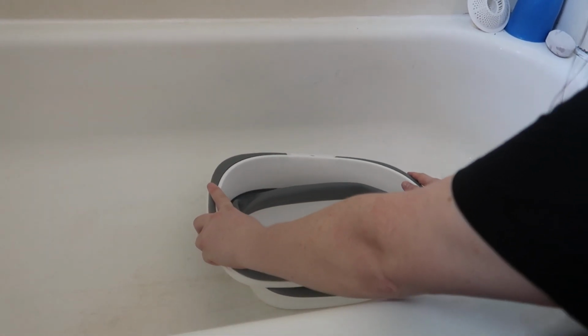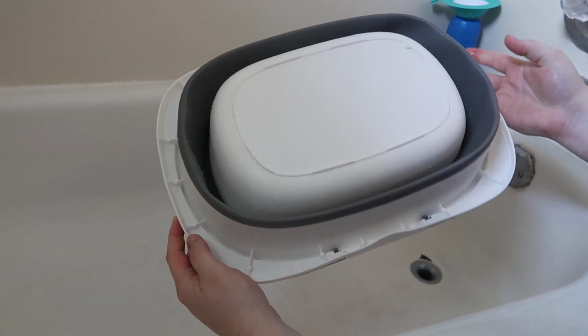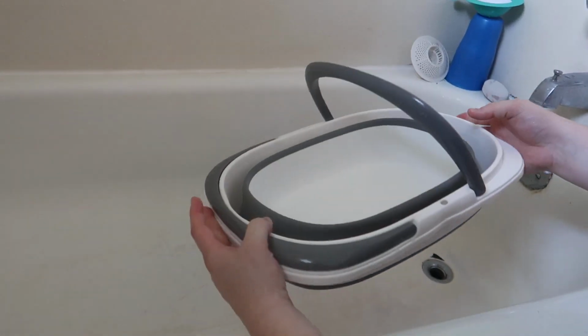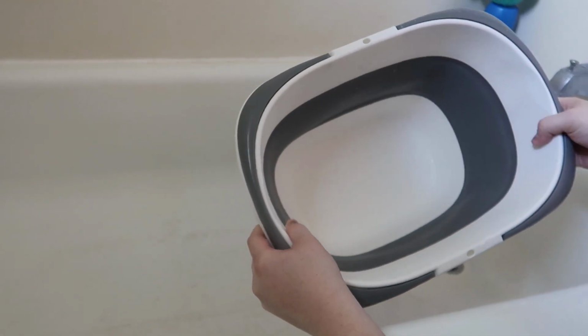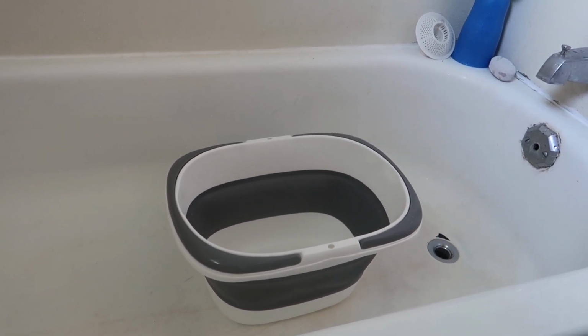It collapses down to an extremely nicely flat size, so it can fit, you know, under a bed, under a cabinet, under the sink. It would be ideal for RV use, which is primarily why we got it. Pretty easy to open. Yeah, I've been using it to rinse some laundry, washing some stuff by hand, and it's